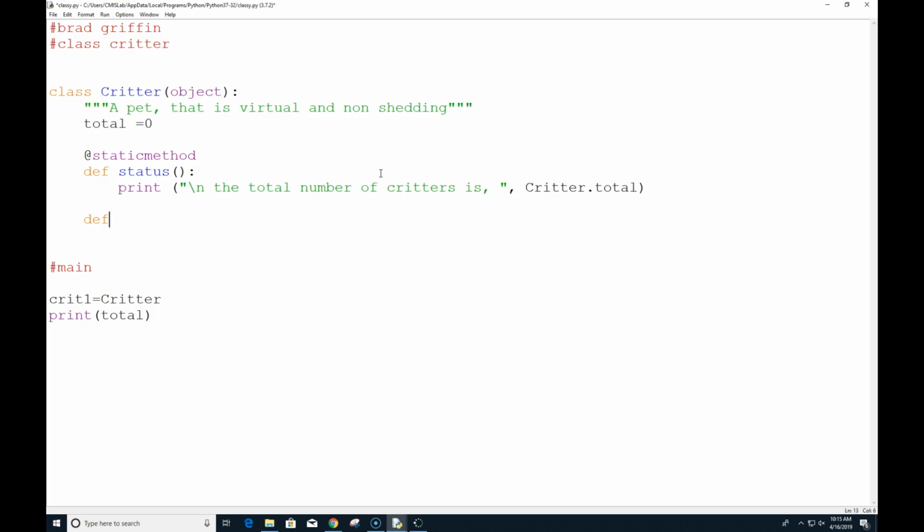We have another function, so we have our constructor, init. That means whatever we're going to do here is going to run. So self, and we're going to pass in a name.